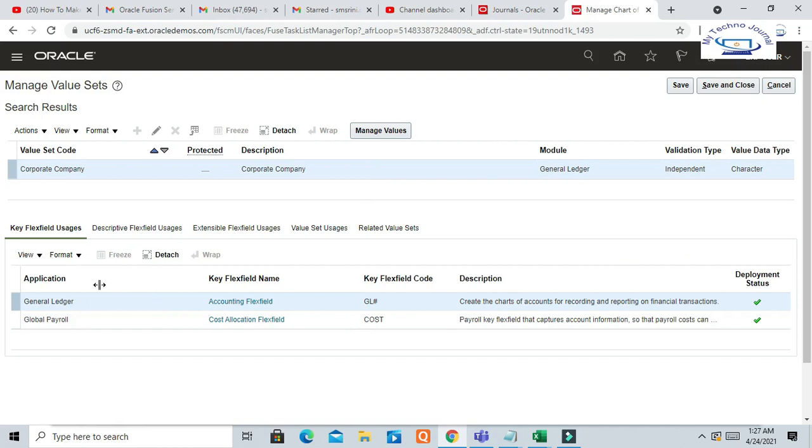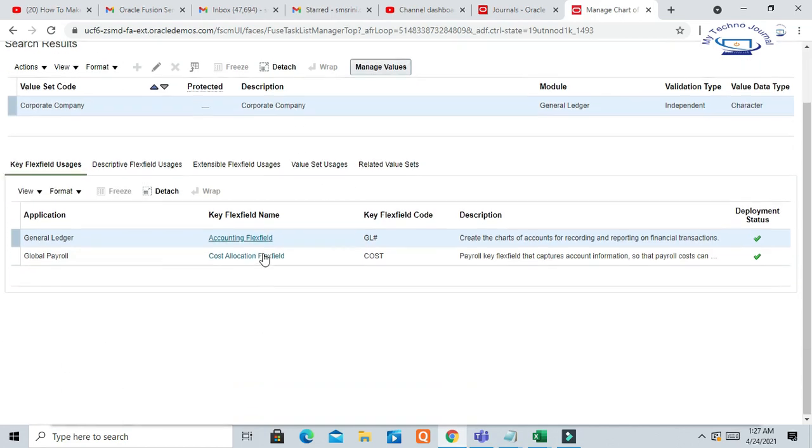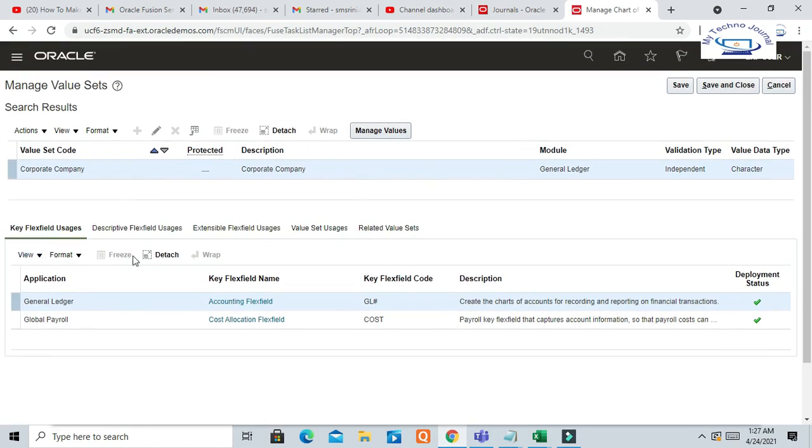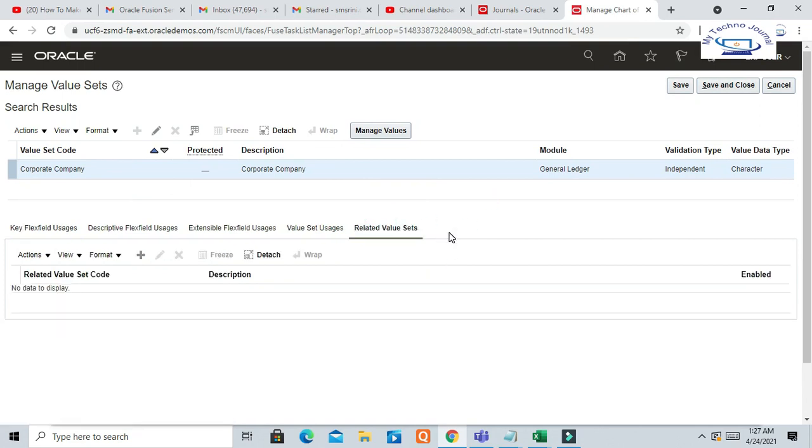Okay, so this is our company segment and go to related value set here. Okay, once you click on the company segment, which is our balance sheet segment, go to the related value set and build the relationship here.